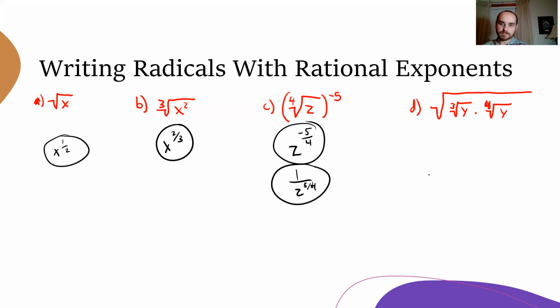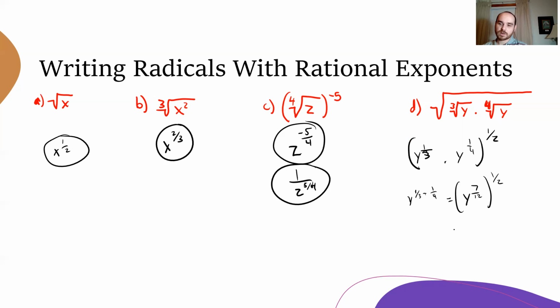So what this effectively is, we're going to rewrite the whole thing. Y to the 1/3, that's this one, times y to the 1/4, that's this one, all to the 1/2. Now let's do the stuff in parentheses first. Y to the 1/3 times y to the 1/4 is equal to y to the 1/3 plus 1/4, which of course is not fun. We have to add fractions. Least common denominator is 12. That's 3/12 plus 4/12. So this is equal to y to the 7/12, which we're taking to the